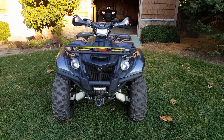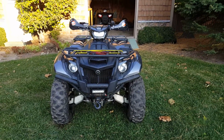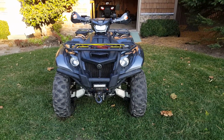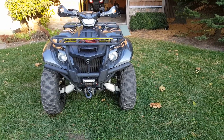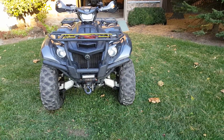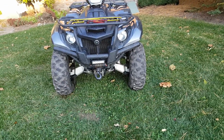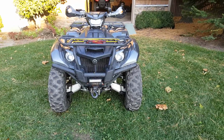You don't have the gadgets to go into 3 modes or anything like Can-Am, maybe Polaris would give you. But it's set perfectly, it's simple, and it's extremely lightweight because it doesn't have all those gadgets on it. And it rides fantastic, it pulls great, the power's right there if you need it, and it actually really is a torque monster. But you know, you got pretty good high end. Top speed's probably around 50, 52. It's pretty quick. But alright, let's get to the